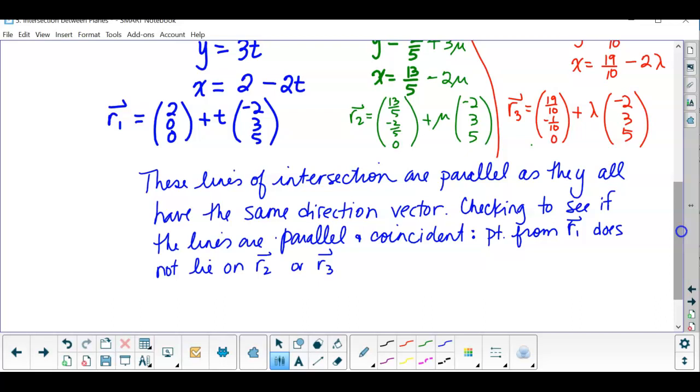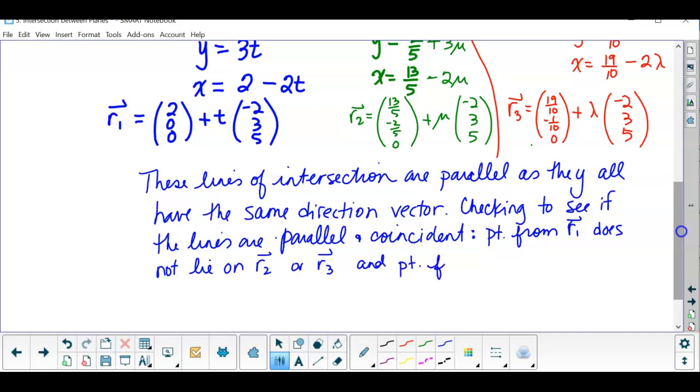Then you want to check those other two lines to make sure that they're not the same. If they were the same, then it would be two planes intersecting separately, maybe parallel. Yeah, they could be parallel, but we've already checked to see if the planes are parallel. So likely that's not going to be an option, but you kind of want to cover all your bases just in case. So R1 and then